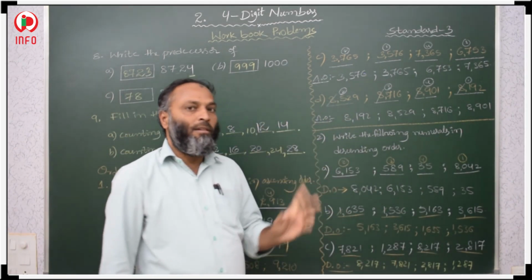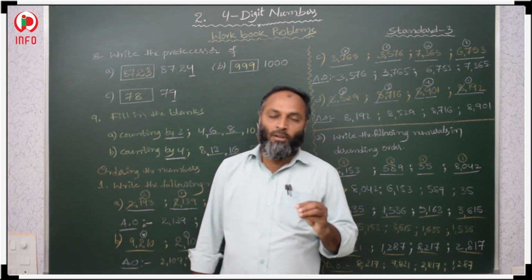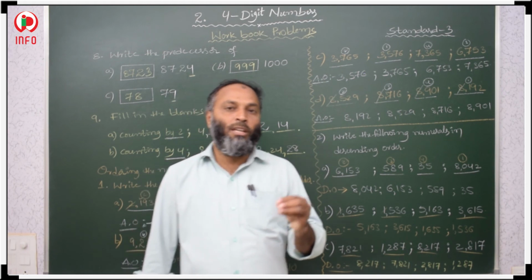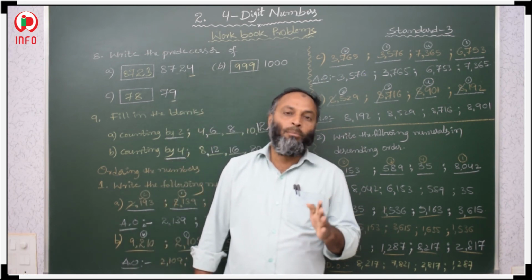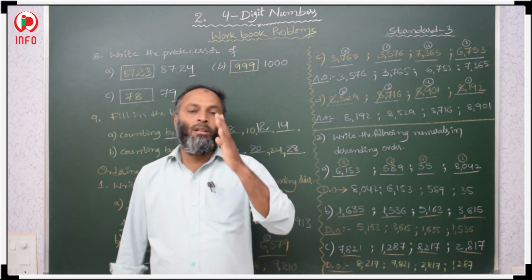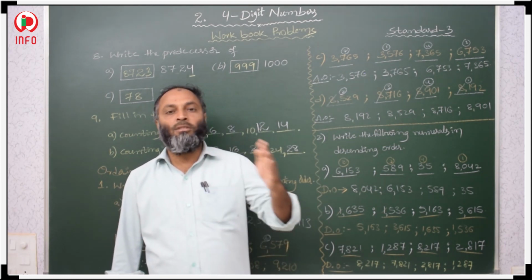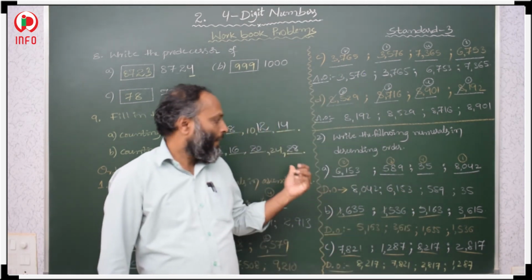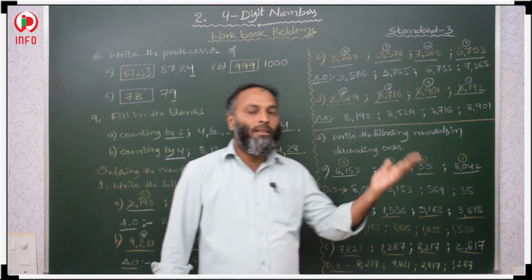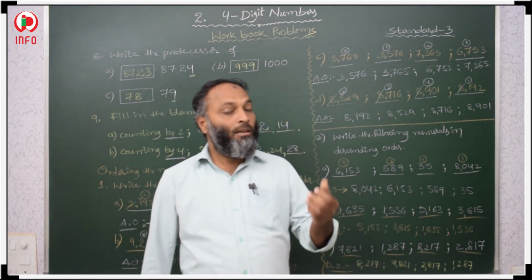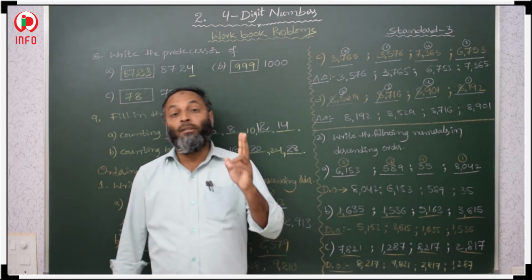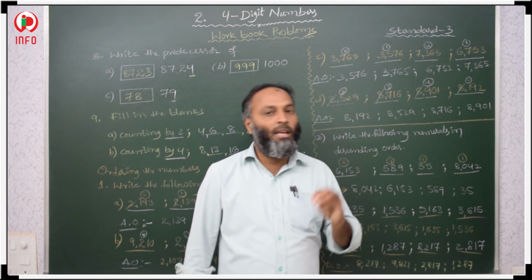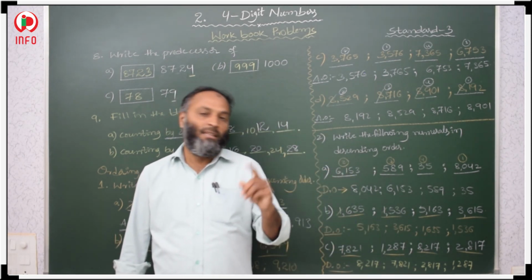So like this we have to compare the numbers, either in ascending order or descending order. Ascending order means we have to arrange the numbers in increasing order. Descending order means we have to arrange the numbers in decreasing order. Then how to compare the numbers? We start the comparison from the thousands place to the ones place. If 4-digit, 3-digit and 2-digit numbers are given, then the 4-digit number is bigger than all, and the 2-digit numbers are smaller than all. If the number of digits is more, the number is greater. If the number of digits is less, that number has less value.